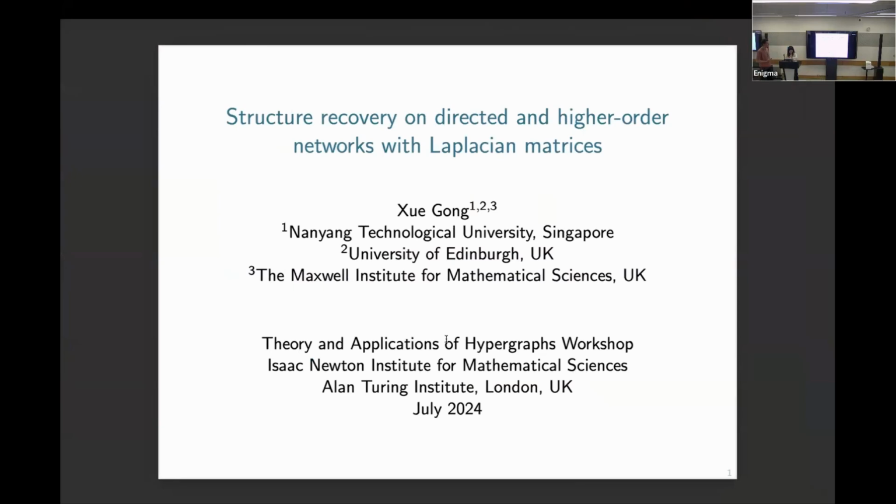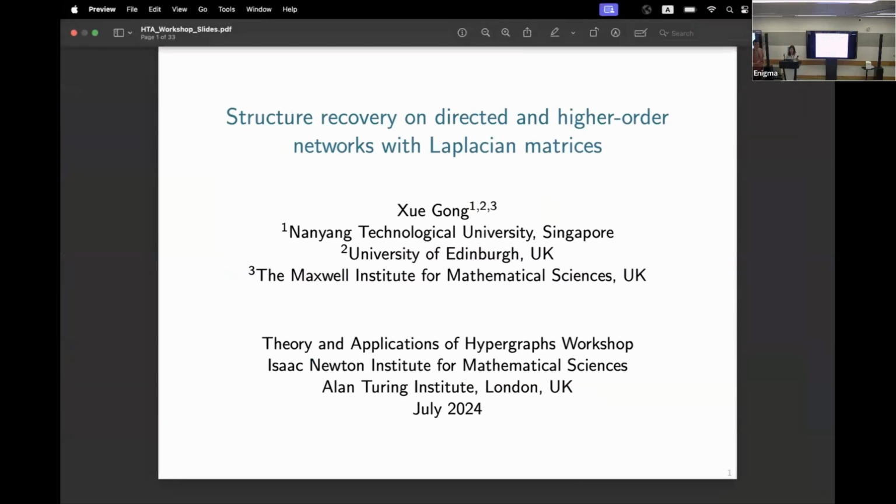Okay, excellent. Well, our second speaker has also come to us from Singapore, working alongside Kellen. Xue Gong was at Edinburgh, now over in Singapore, and is going to tell us about some of her recent work. Over to you. Thanks, Ben, for the nice introduction, and thanks to all the organizers for making this wonderful